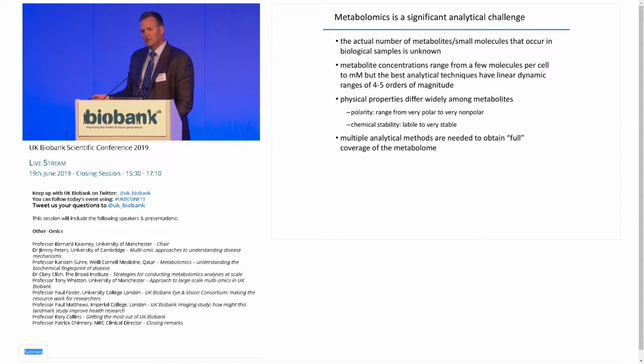A third challenge relates to the differences in physical properties among metabolites. The key one is really the polarity of metabolites. So we'd like to measure everything from polar compounds like organic acids like lactate, to lipids. And chemical stability is another issue. Some compounds don't survive our extraction processes, they're chemically labile. So in short, we have to use multiple analytical methods if we're going to attempt to get full coverage